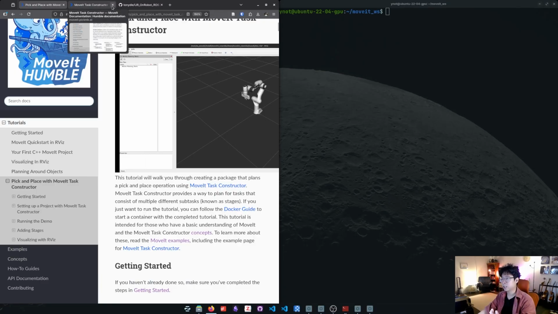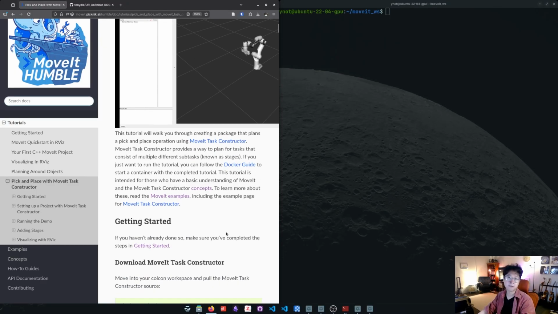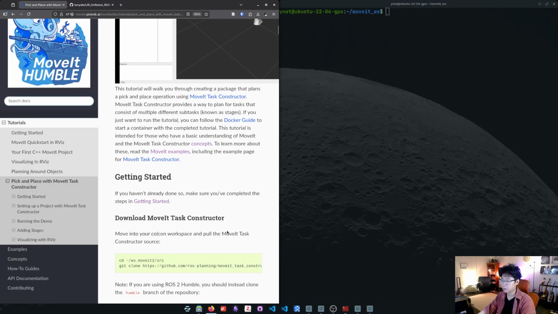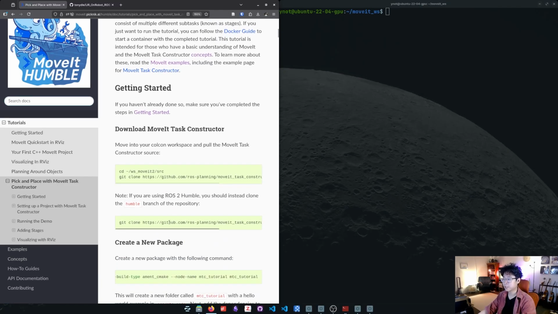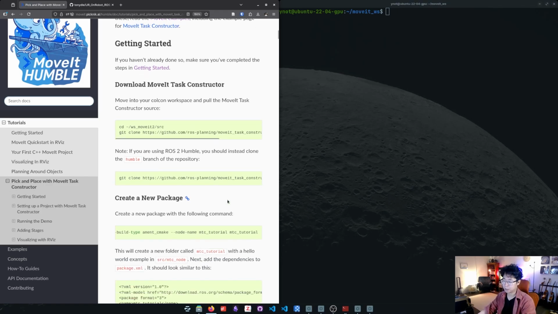But for now, we're only gonna follow through with the tutorial and see if we can actually run it for this pick and place task. So the first thing that it asks you to do is to download MoveIt Task Constructor and build it yourself. I will not recommend doing it, just as before. We're just gonna use the binaries that they provide. So I think the only ones that you really need are, so we can do sudo apt install ros-humble, or jazzy if you're using Jazzy,